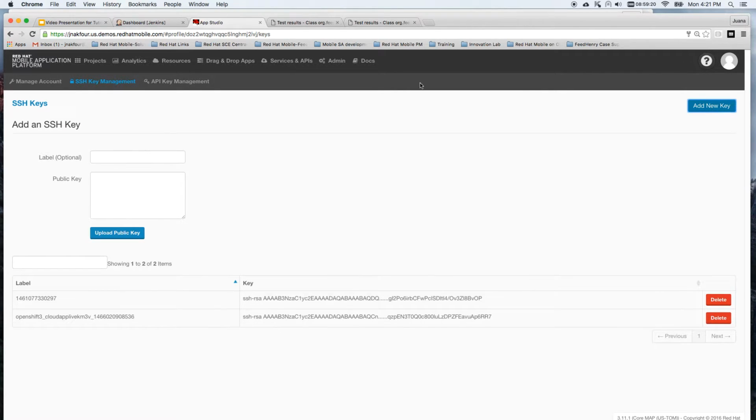key, and you make sure you copy paste the public key in here in your label options. So now we have our Jenkins SSH key on our machine from Fedora associated with our public key on our RHMap portal. Now that we have all this set up, we are going to go to the dashboard, to the